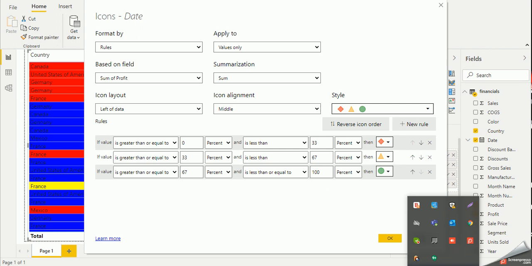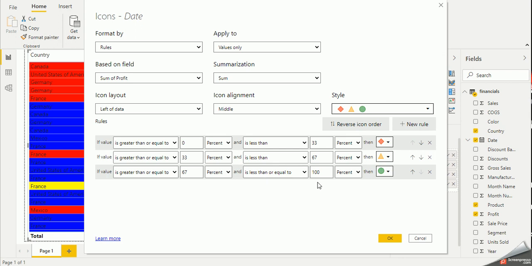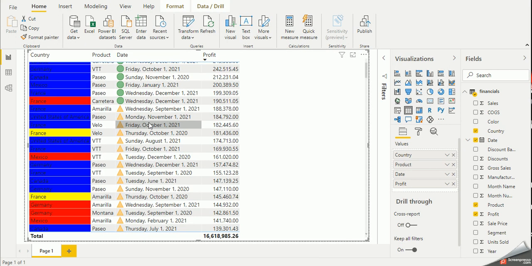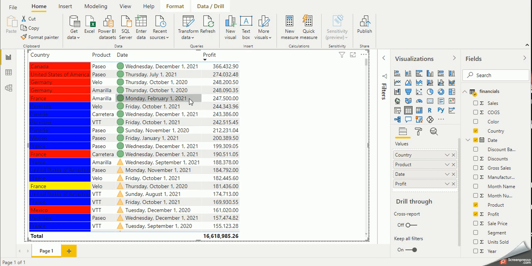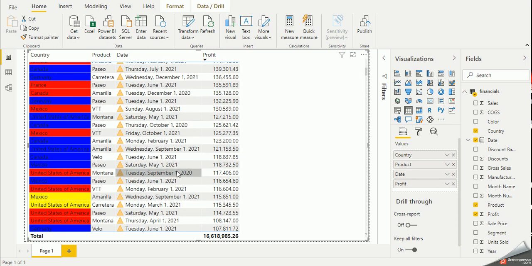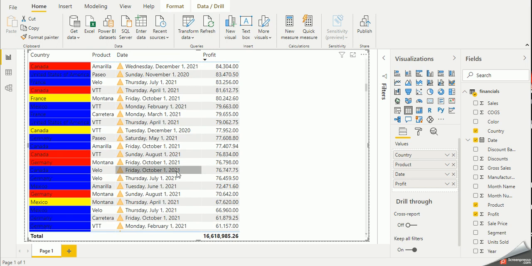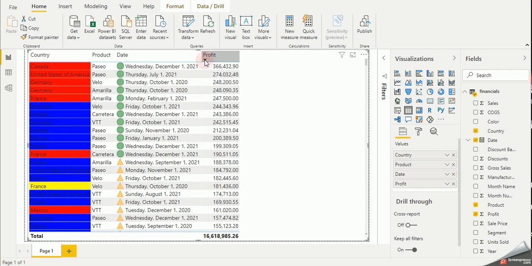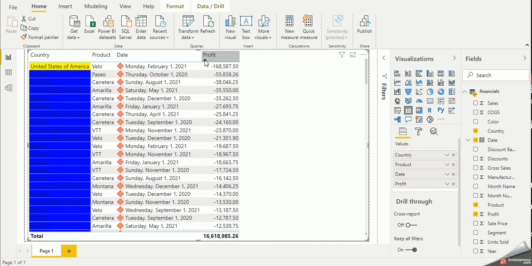And after that, sorry, from 67 to 100, it will represent the circle, green circle. So I will click OK, and you can see that accordingly the data is divided into three different symbols, and your data is somehow sorted, so that is why it is showing like this.